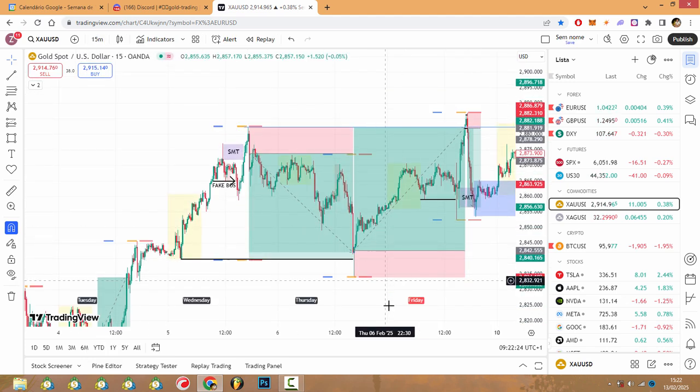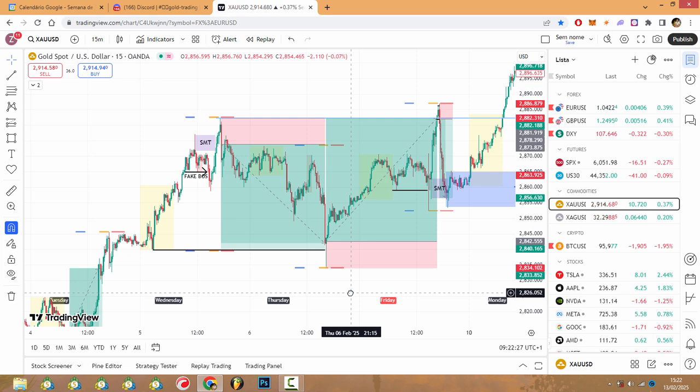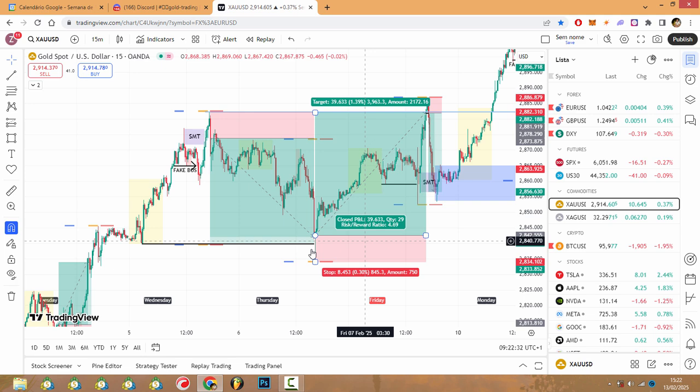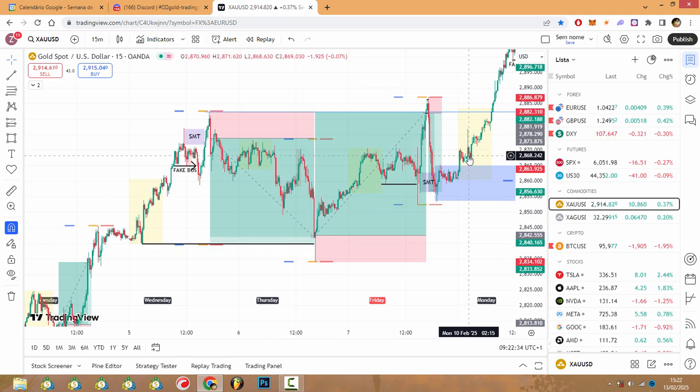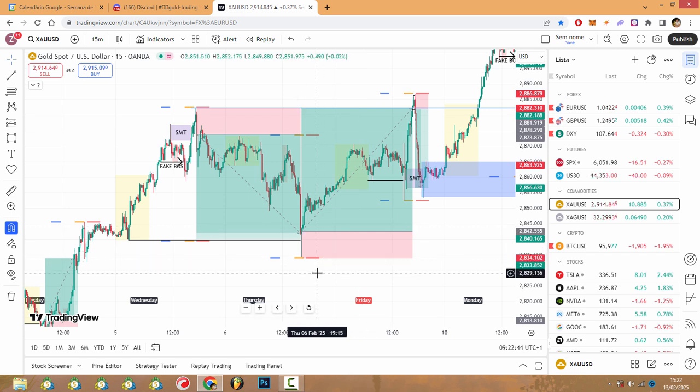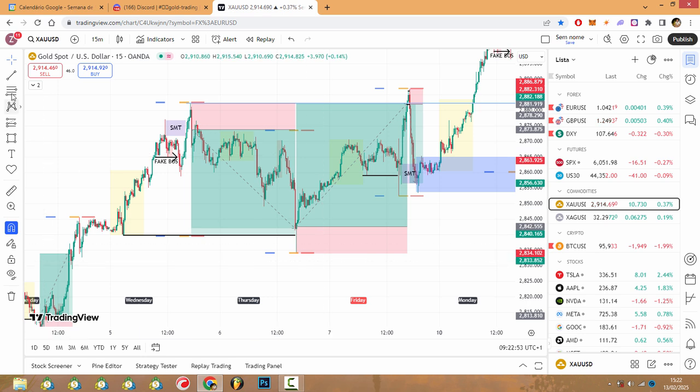Alright, and this is the only strategy, at least in my opinion, where you can do a ping pong. Alright, because we sold here, bought here, sold here at the same time. And this is not even magic. I spent like 3 minutes doing this. And this is just by how I see my strategy and how I teach in my YouTube videos. You can check all the source absolutely for free. There's people that charge for this type of content. Just the content. Alright, just the information. And I'm giving this for free, and it's not rocket science, boys.